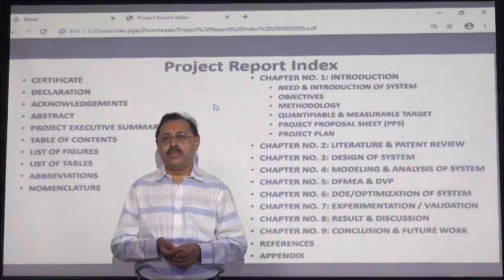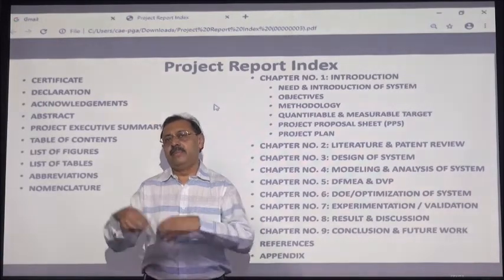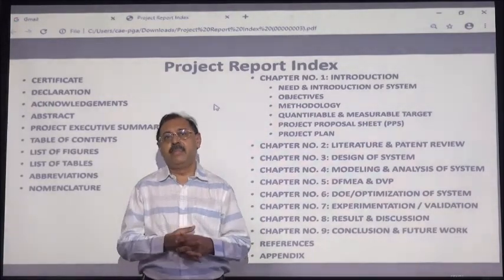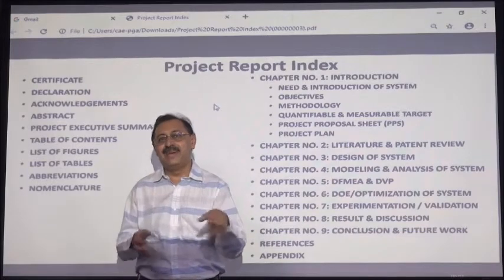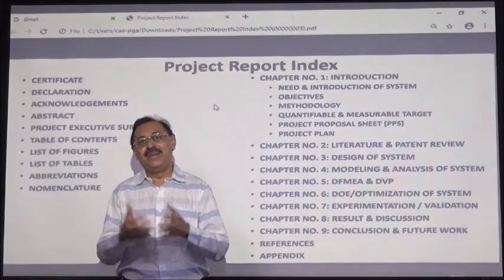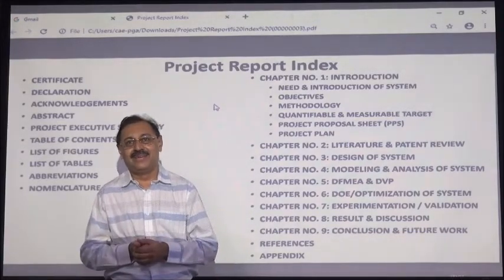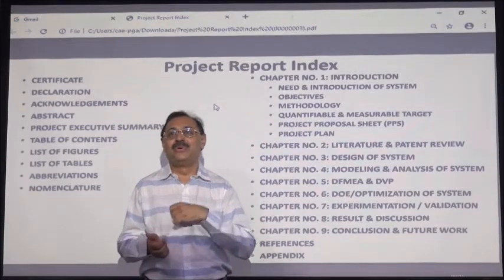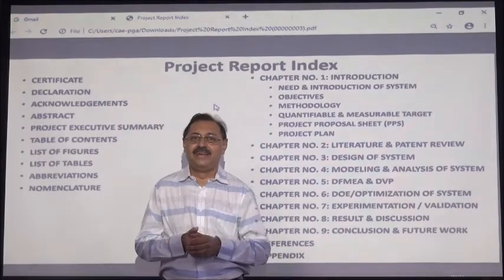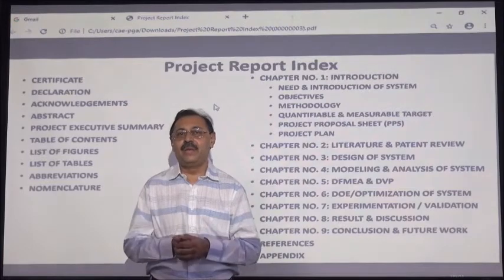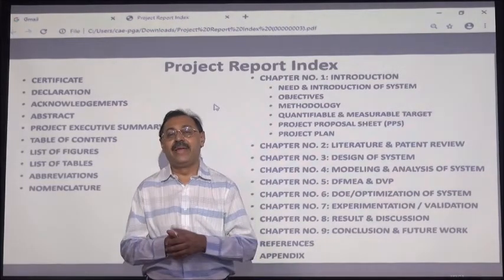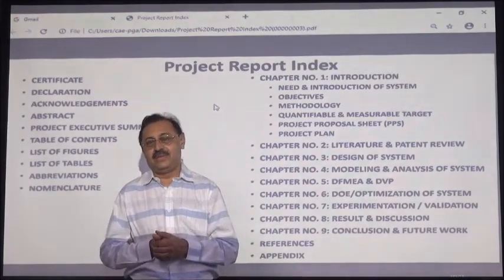So whenever you make a project report and give it to your guide, he makes a lot of corrections and gives it back to you. Yes, there must be some corrections left for the guide so that he feels very happy, yes, I have done the correction. So that is a trick I used to do when I was a student. But don't make so many mistakes that your guide gets fed up in giving the corrections.